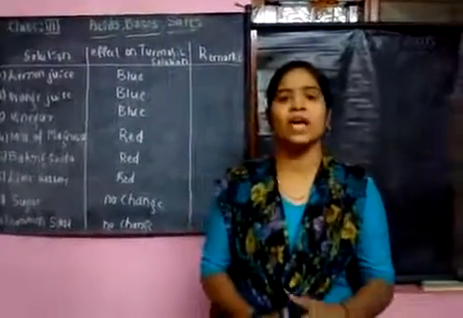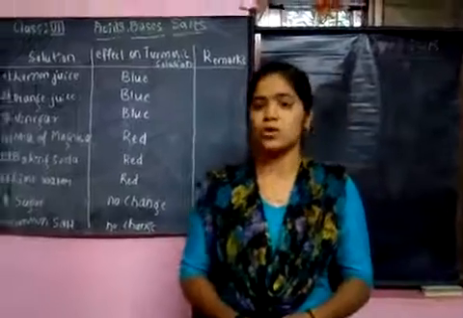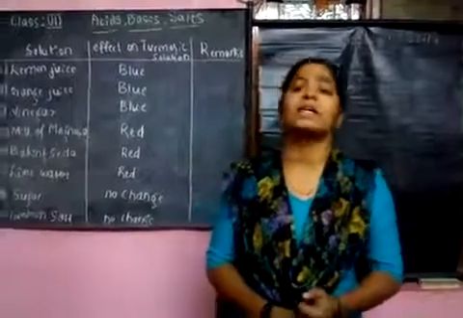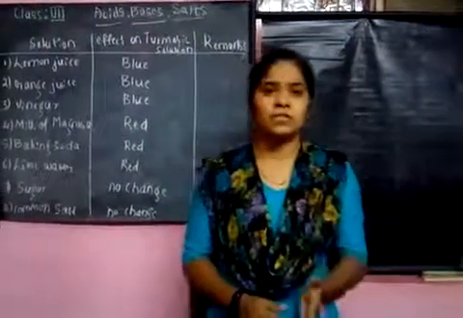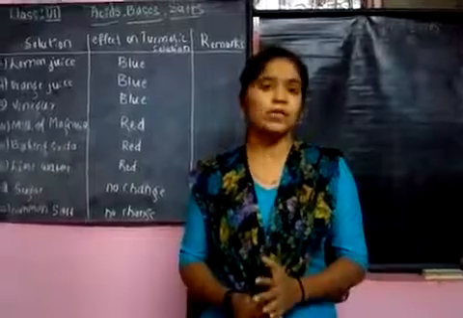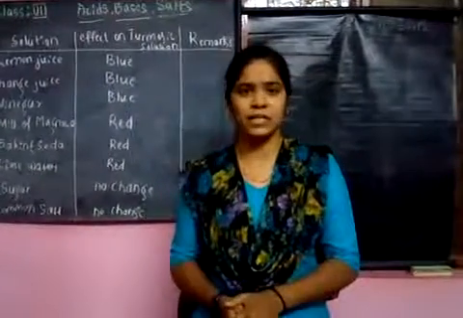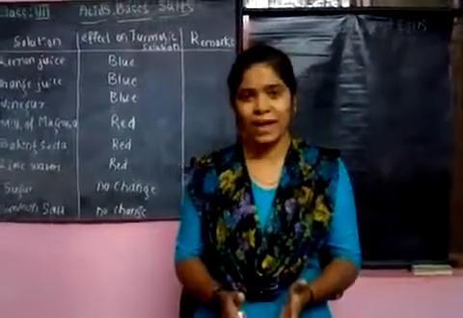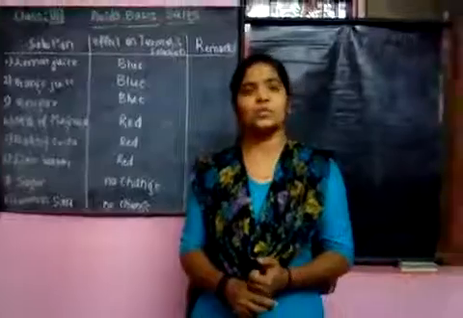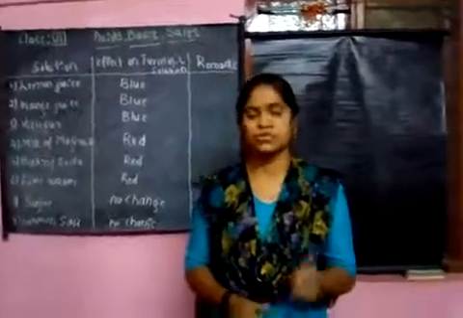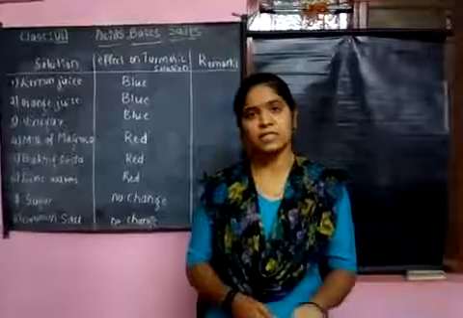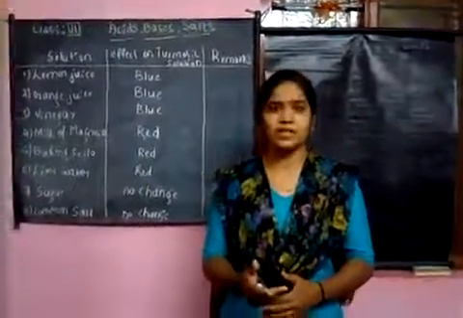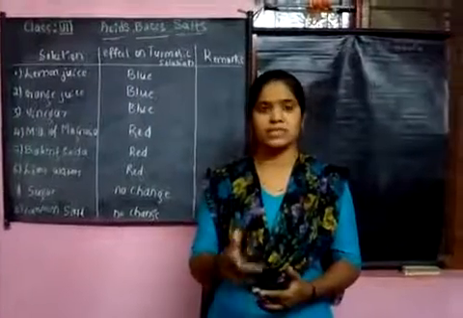As in the previous class, we have started with acids, bases and salts, and we are dealing with the concept of indicators. So what are indicators? Indicators are substances which help to test the presence of acidity and basicity in any material. So what are acids and what are bases? I hope you all know that. Acids are sour in taste, and bases are bitter in taste. We are doing this by convenience as a presence of acids and bases in the material.